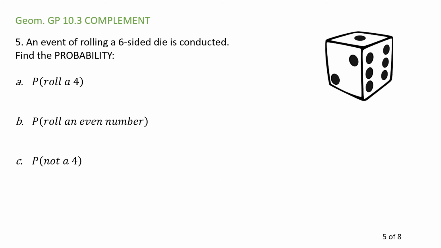Continuing on with probability, but not much talking about complement on this. Probability of rolling a 4 on a 6-sided dice. Well, there's 6 sides. There's only 1 4. Don't put 4 up here. That's not correct. It's the number of options I have. And there's only 1 4 on that. So the answer is 1 out of 6. I really just like the fraction. How about the probability of rolling an even number? Well, there are 6 possibilities. 3 of them are even,